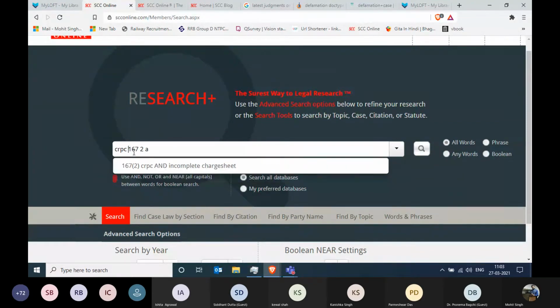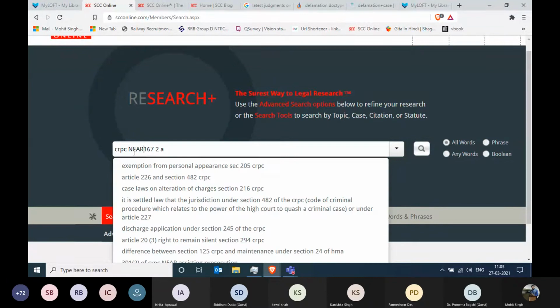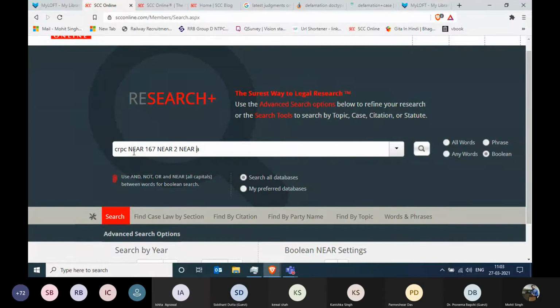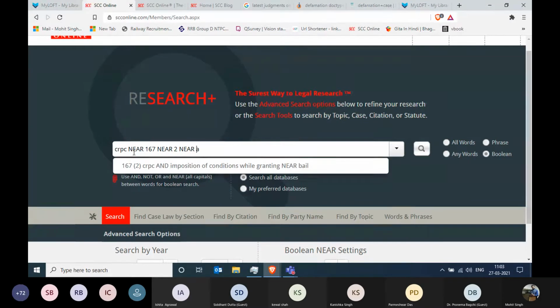First of all, remove the word section: CrPC near 167 near 2 near A. This is how you can do your search. So it doesn't matter if you're looking for the subsection, the illustrations, the provisos or two different sections, the near operator can be used even in those scenarios.